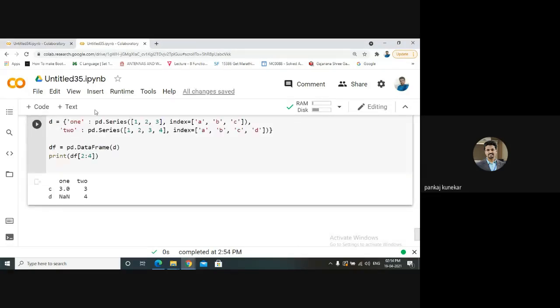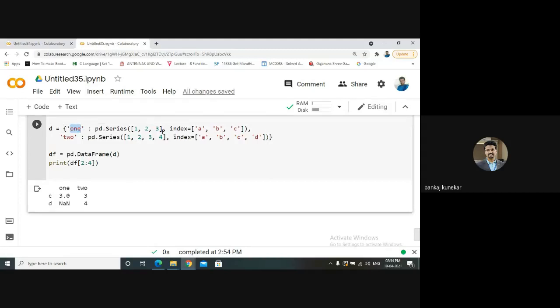Obviously, we are getting 1 and 2 in the columns. So 3 and 4 will be retrieved. We don't have the value for this one. So we are retrieving the values as 2:4, that is row-wise. We are selecting the values row-wise. You can imagine we have 1, 2, 3, NaN, and 1, 2, 3, 4. The 3 value will be retrieved from the first, and NaN and 4 from the last one. So basically C and D will be retrieved. This is 2:4.